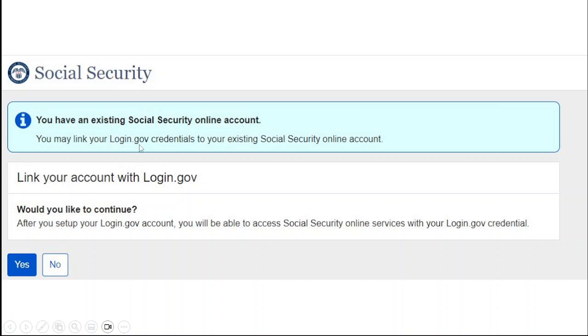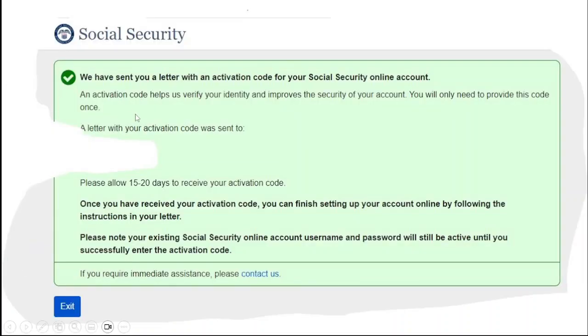You may link your Login.gov credential to your existing Social Security online account. Although I was not creating the Login.gov because of that, I was creating it for the employer account. So link your account with Login.gov. Would you like to continue? After you set up your Login.gov account, you'll be able to access your Social Security online service with your Login.gov credential. So I click on yes to continue, and then at this point they say we have sent you a